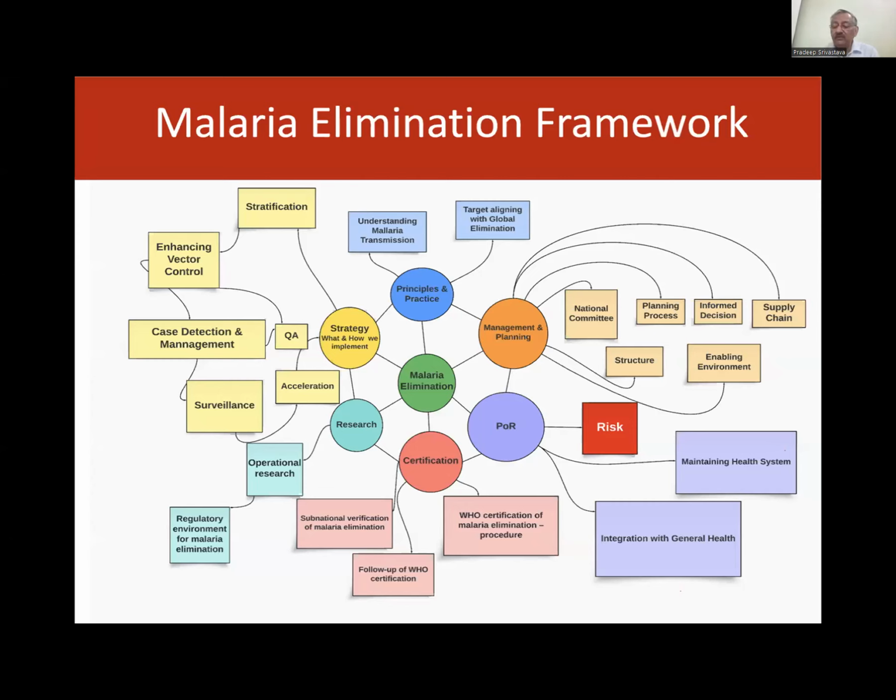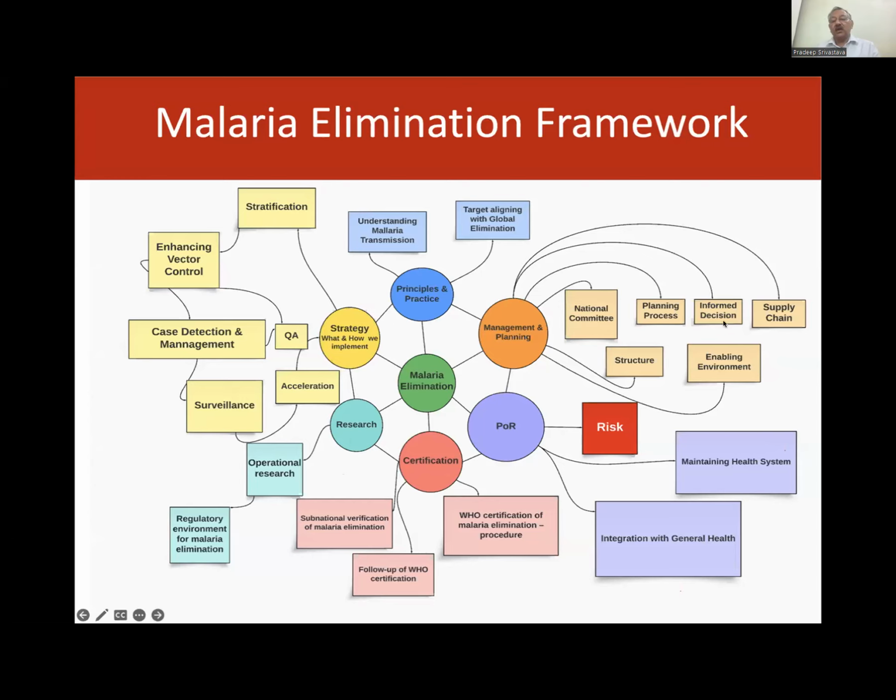It should not be delayed for some institutional setup or some publication or documentation, so that it is given to the regulatory bodies, and the regulatory environment for malaria elimination should also be strengthened, and they should take cognizance of these outputs of the operational research. Once these are done and embedded in our strategic approach, that is basically innovation. When this kind of operational research output and innovative approaches are included through the regulatory bodies, then